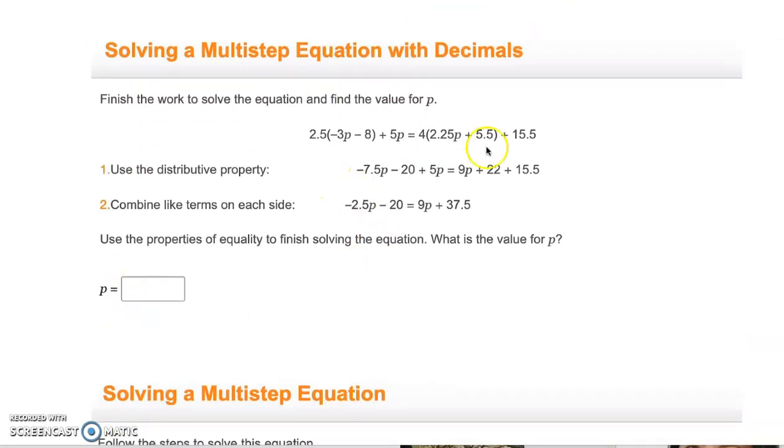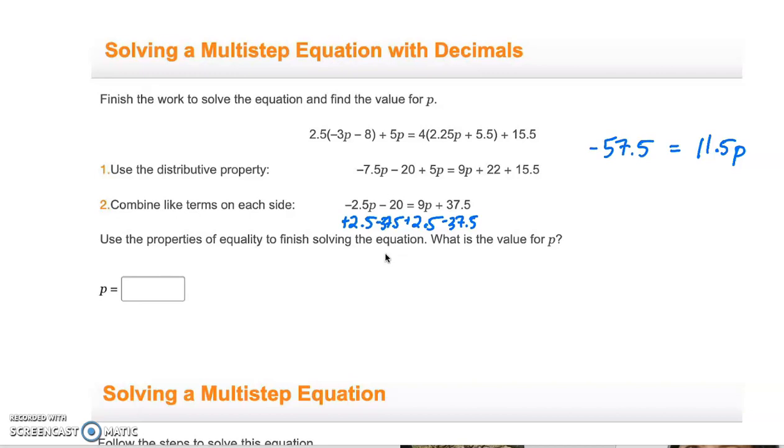With decimals, the same thing. We're going to use the distributive property, we're going to combine like terms, and we're going to solve. So if we take a look at this, we've got to this point here. I'm going to add 2.5 to both sides. So on the right side, I have 11.5p, and then I'm going to subtract 37.5 from both sides. It's kind of squishy, sorry. So I get negative